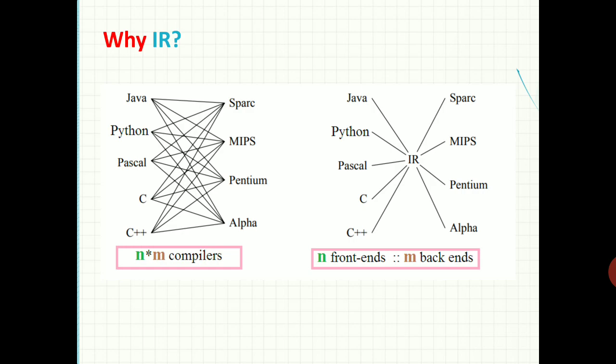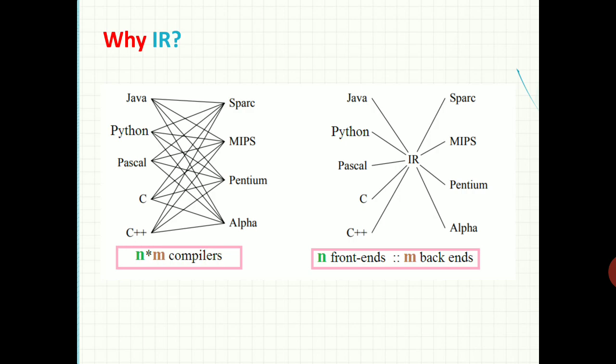So if we develop the compilers for these particular source languages, then we need a total of n into m compilers. That is, n is the number of programming languages and m is the number of platforms or architectures.